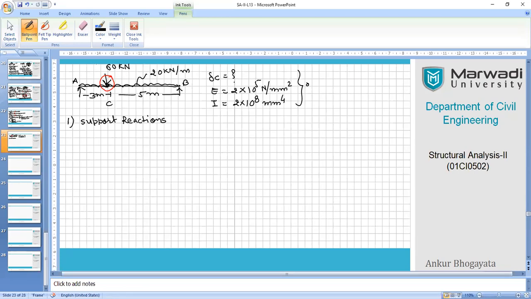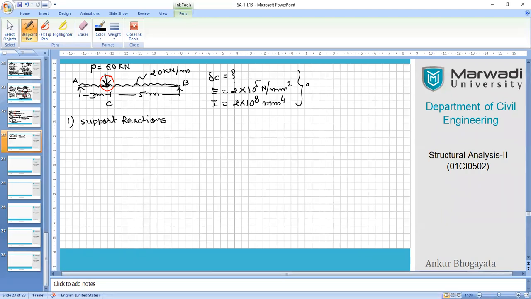Rather, to achieve the generalized moment equation, we will assign P as 60 kilonewton. Later on, as you know, we will declare that the real value of P is 60. Right? Then the other load condition is we have 20 kilonewton per running meter as UDL on the entire span. So we'll be taking help of segments. We'll be dividing the beam into two segments, and then we'll carry on with the development of generalized equations for moment in both segments.